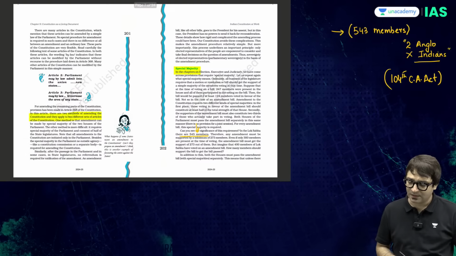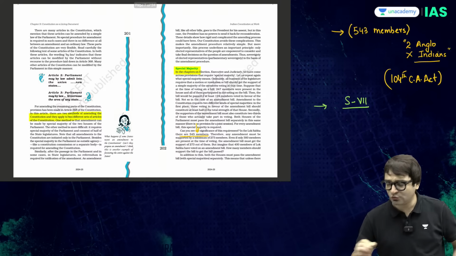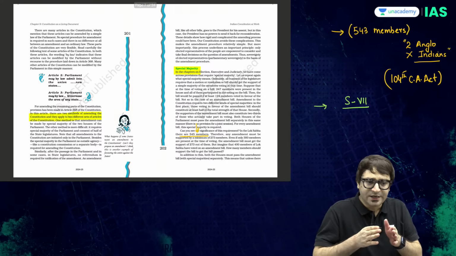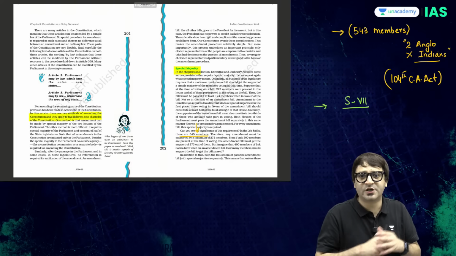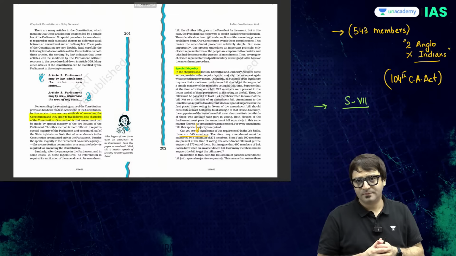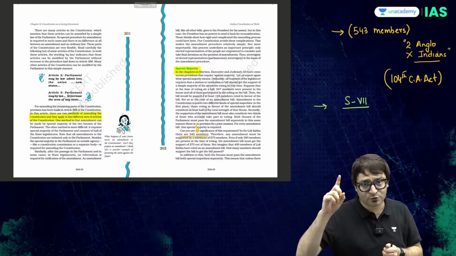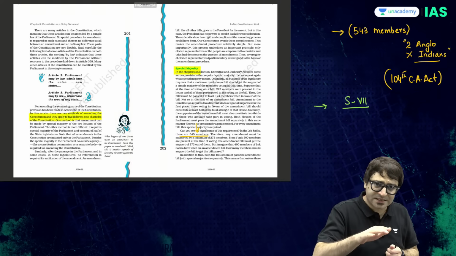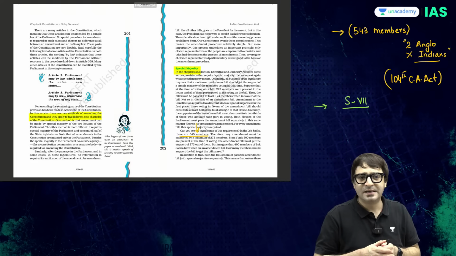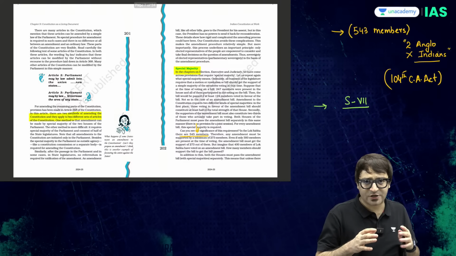Federal features in the sense, for example, you need to alter Schedule 7 of the Constitution. And I've told you previously, Schedule 7 deals with distribution of legislative subjects into union list, state list, concurrent list. All the items mentioned in the union list, Parliament has the power to make laws. All the items in the state list, state legislature in normal circumstances, they have the power to make laws. And the items that are mentioned in the concurrent list, both Parliament as well as the state legislature has the